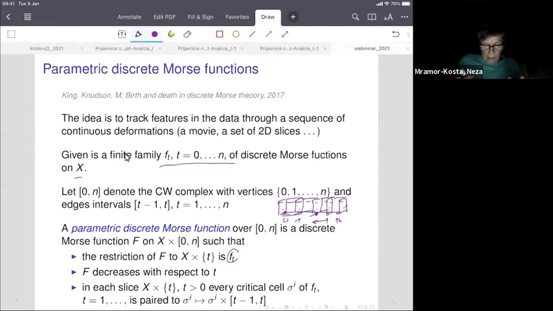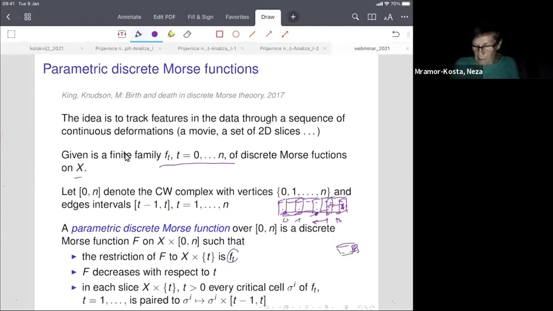Now we have to pair these things together. We have all these pairings in the different slices, which are given already. To extend this to the whole product, all these regular pairs are already paired in the different slices. The only thing left for pairing are the critical cells in the individual slices. And what we do is we pair the critical cells. For example, if there's a critical cell over here, we're going to pair it with this product